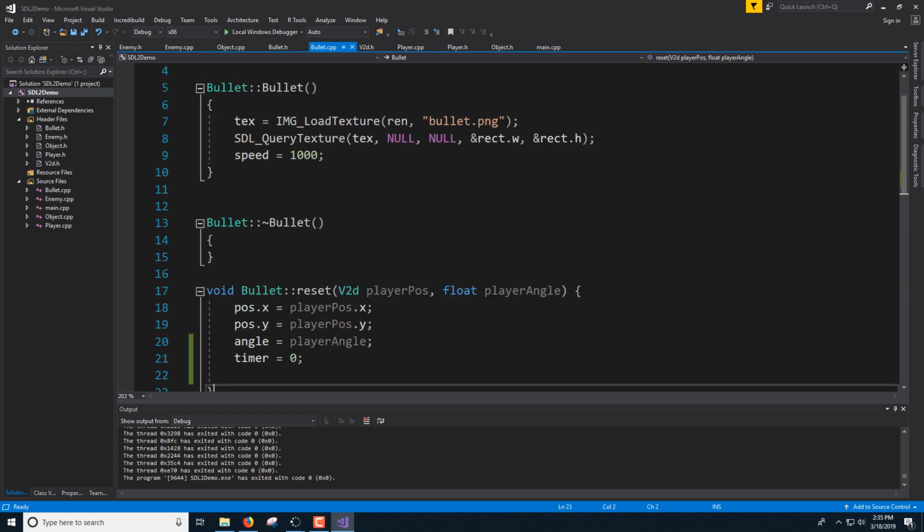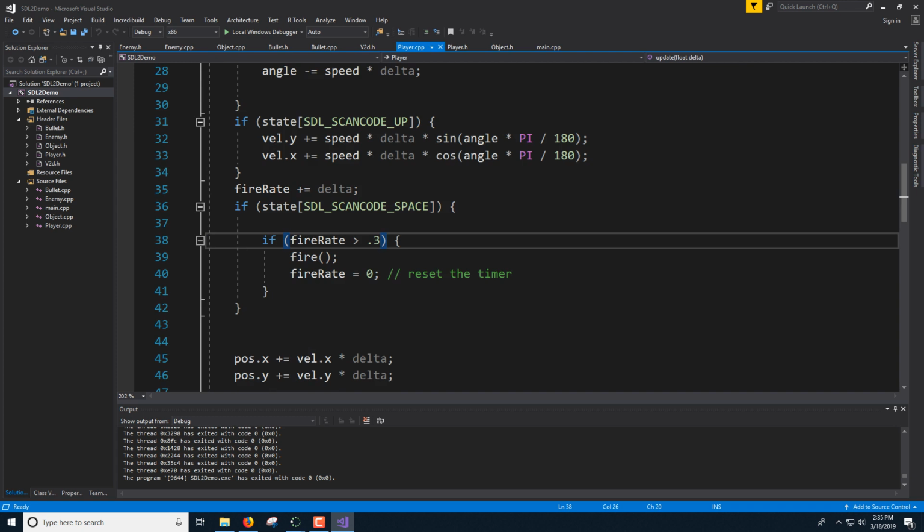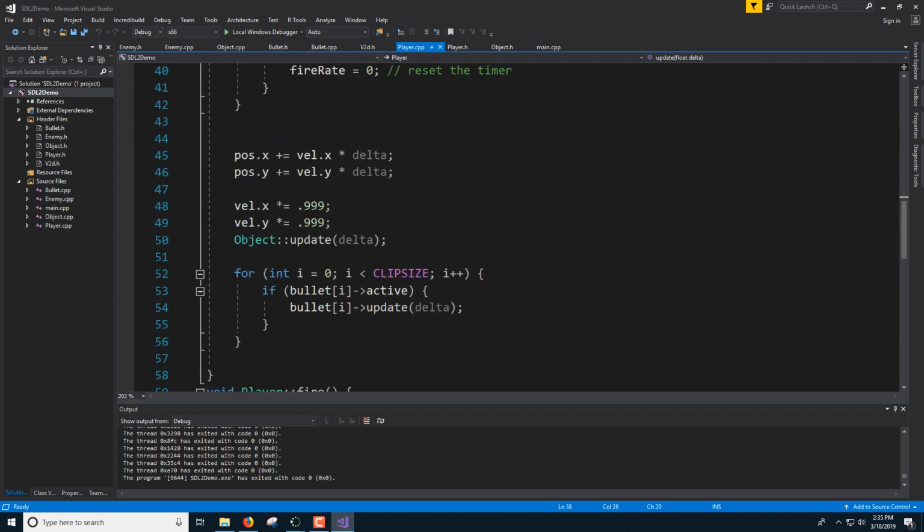And then the last thing I wanted to do was change the way the player slowed down. If you remember, I said this was a janky way to do it, and yes,